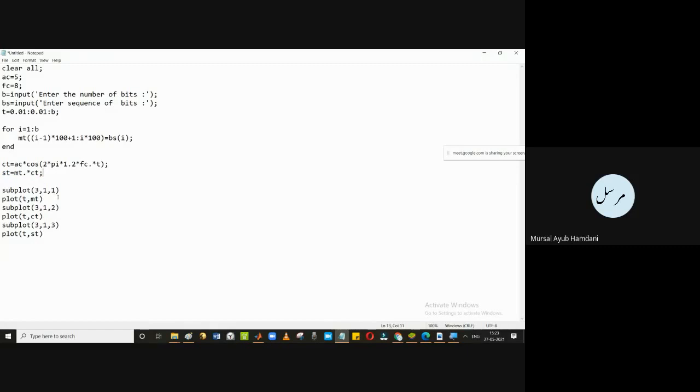So what I'll be doing is, the input that I will give is 1 and -1. To make it very simple and intuitive, if it is 1, the signal will simply be the carrier signal. But if it is -1, what will be there? If a signal gets multiplied by -1, the phase changes by 180 degrees. So accordingly we will get the phase shift in this, and this will make our code very easy.